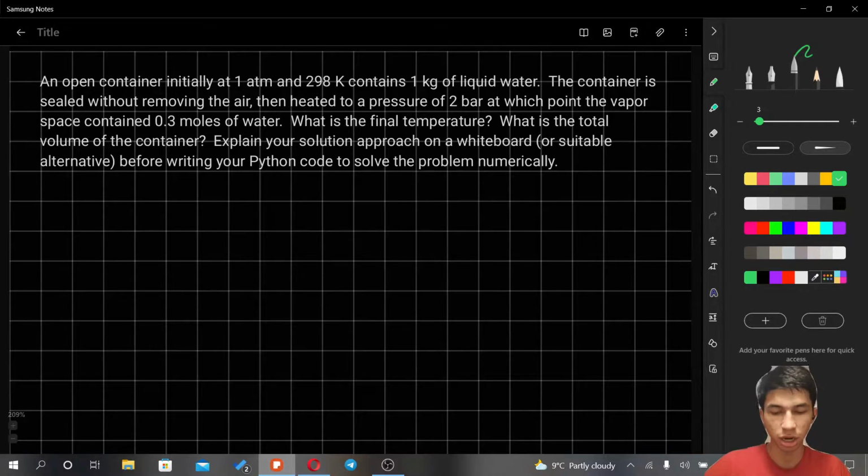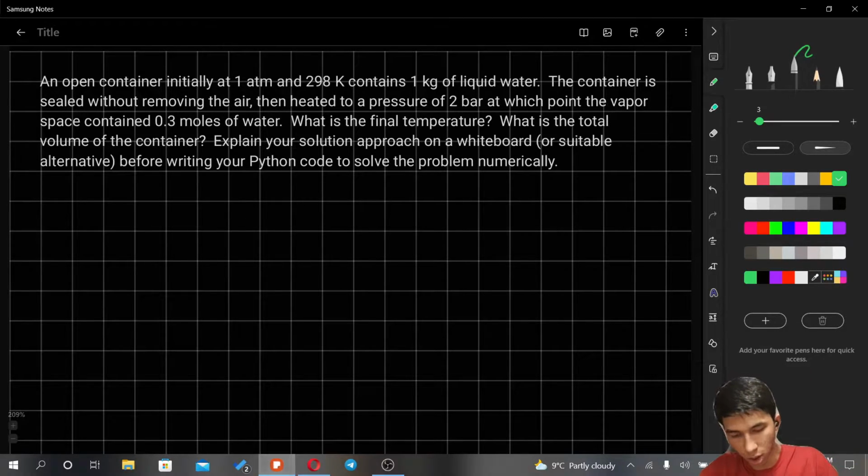An open container initially at 1 atmosphere and 298 Kelvin contains 1 kilogram of liquid water. The container is sealed without removing the air, then heated to a pressure of 2 bars, at which the vapor space contained 0.3 moles of water. What is the final temperature? What is the total volume of the container? Explain your solution approach on a whiteboard or a suitable alternative before writing your Python code to solve the problem numerically. So we'll just start by